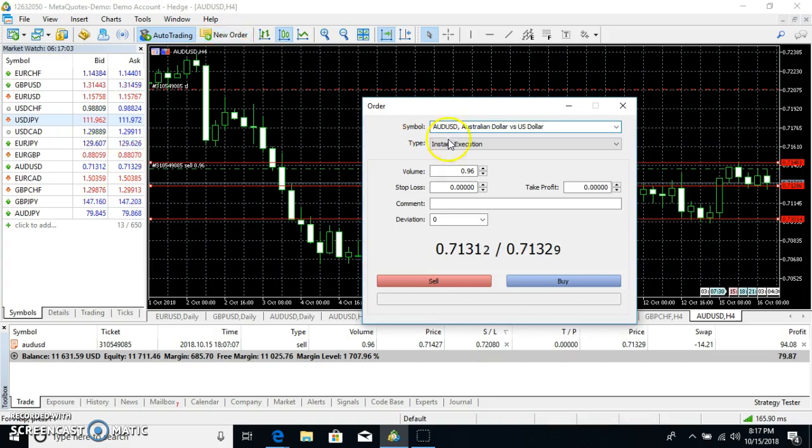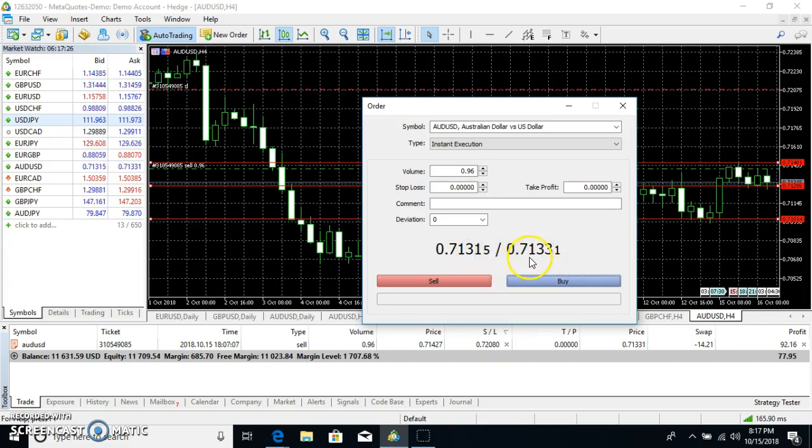I'm clicking new order. Australian pair, volume, that's the lot size that I'm doing. I can put in my stop loss. I can click a sell or buy position. If I click sell, I expect it to go up. Click a buy, I expect it to go down. This is the difference between